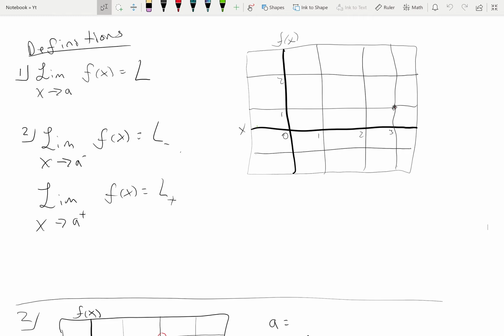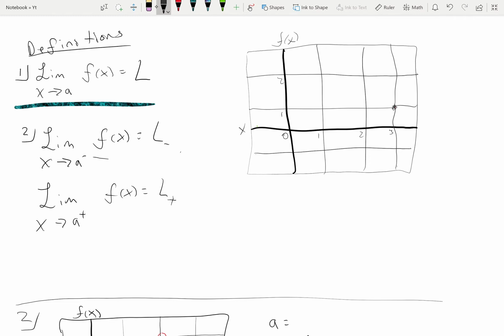So, alright, the first thing I wanted to get involved with for definitions of a limit, the first definition is stated here, labeled by a 1. It says that the limit of f of x as x approaches a is equal to L. That is the whole definition of a limit. But we take it a step further in definition 2, which says that the limit of f of x as x